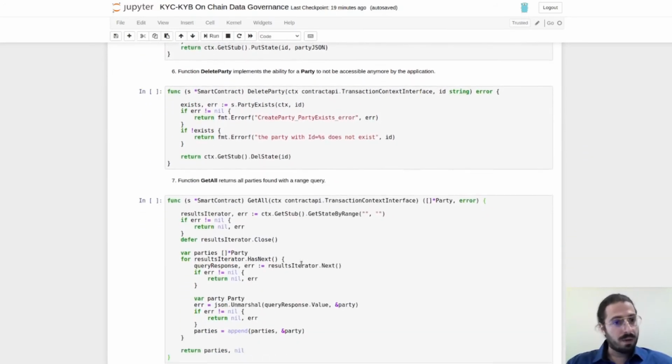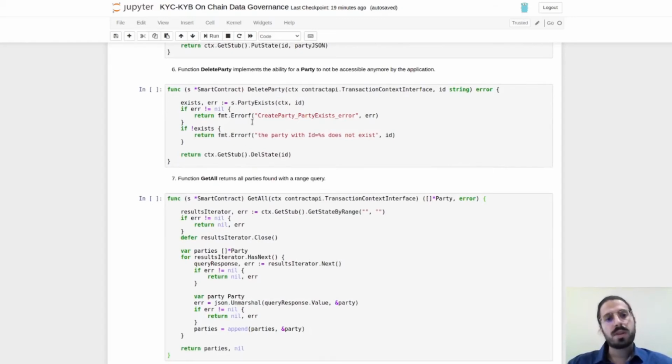I'm going to the next function, which is the delete party, and what we understand here about the right to be forgotten is that as soon as this function is called on a client's data, the financial parties that are participating and handling this kind of data no longer have access to the party's data, and the client's data is not visible to them.